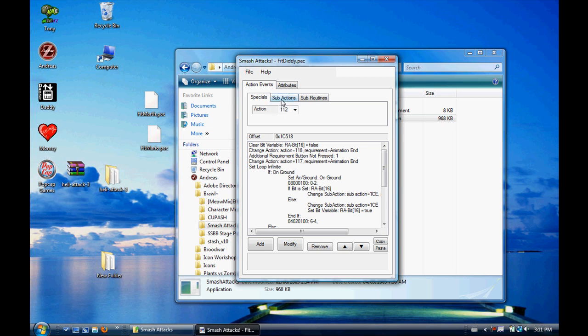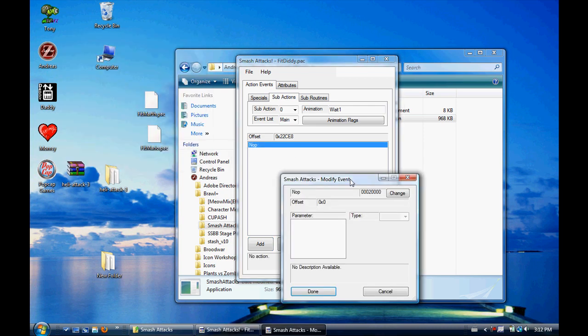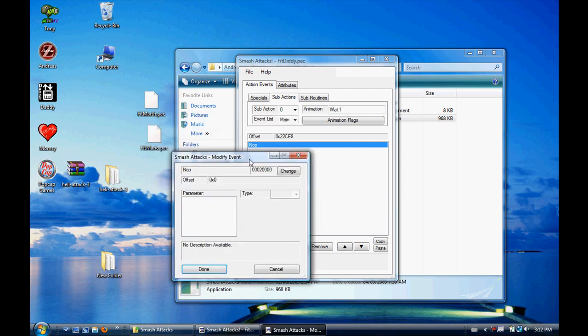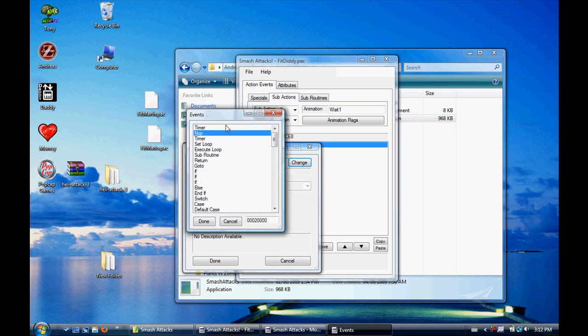So the more advanced you get into this program, the more you realize that pretty much anything can be done, even though there are a lot of limitations. So most of the advanced things, click on add, it'll add this. The advanced things I'm going to be talking about are mostly the types of things you can add. And this is really how you're going to be able to get those original moves.